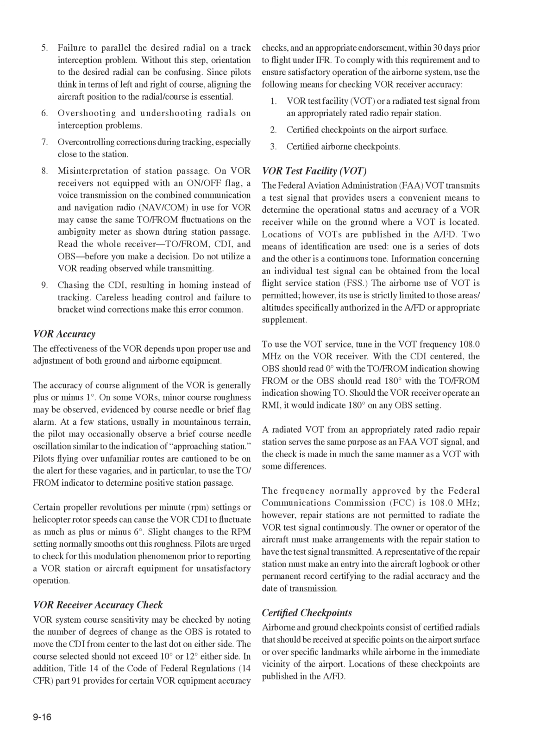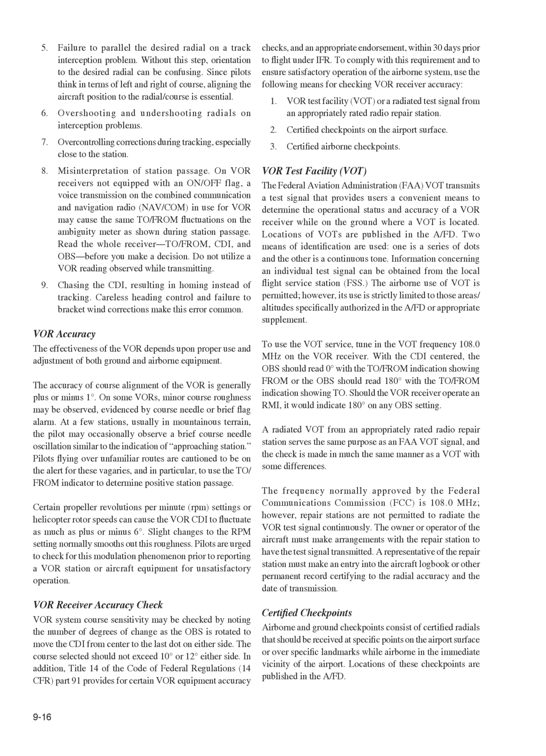The Federal Aviation Administration, FAA, VOT transmits a test signal that provides users a convenient means to determine the operational status and accuracy of a VOR receiver while on the ground where a VOT is located. Locations of VOTs are published in the A/FD. Two means of identification are used, one is a series of dots and the other is a continuous tone. Information concerning an individual test signal can be obtained from the local flight service station, FSS. The airborne use of VOT is permitted, however, its use is strictly limited to those areas/altitudes specifically authorized in the